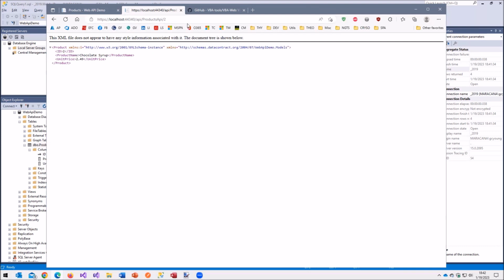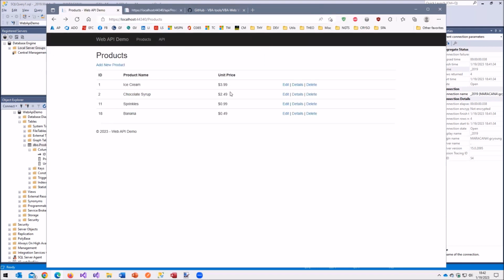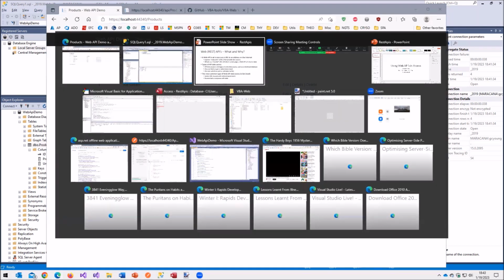So the querying of a web API takes place via URL parameters, which can either be part of the URL itself, in this case /2, or they can be query string parameters, ID equals X, temperature equals Y, and so forth. And that is at the core how an API works.